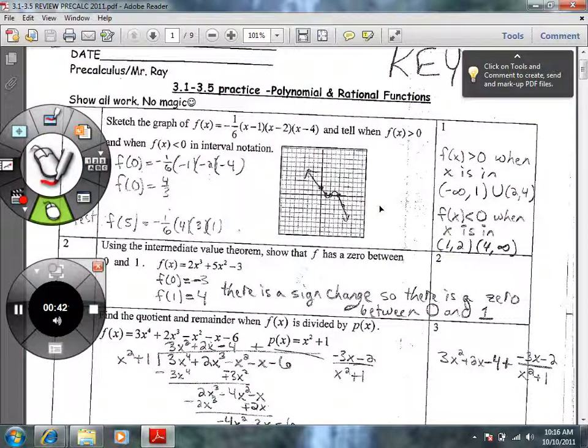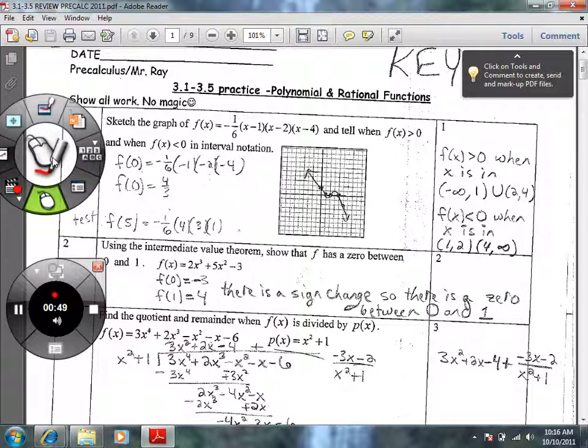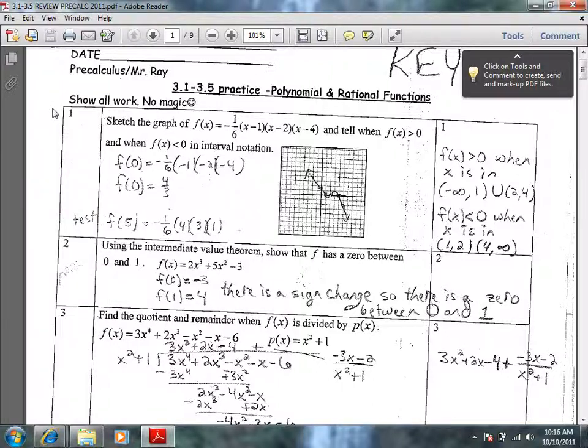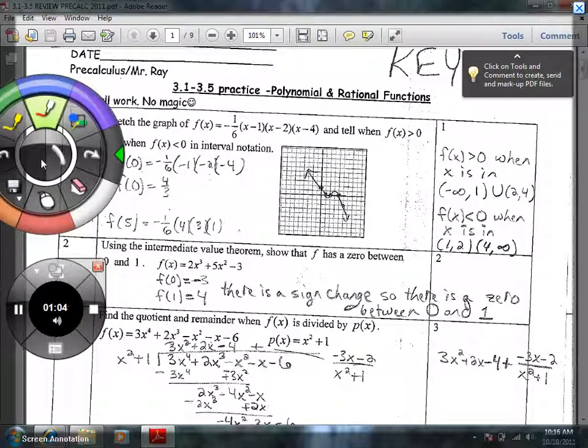And then really you just need to get the beginning of the graph, and then you can use multiplicities in the zeros to figure out what's happening after that. I plugged in a 5, and it turned out it was a negative number. It looks like it was f(5) equals negative 2. So then I'm negative, and then I hit the 0 right there at 4,